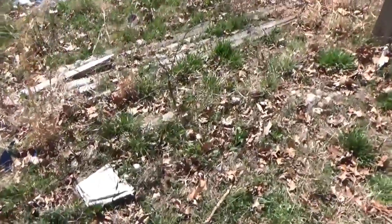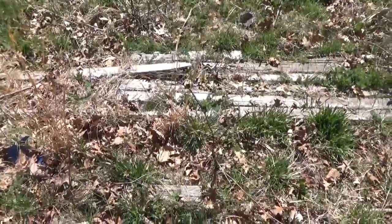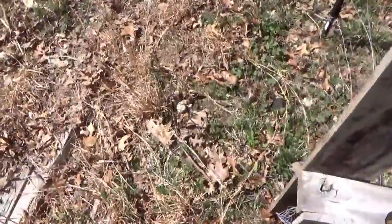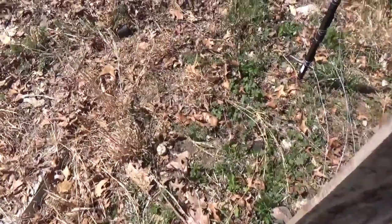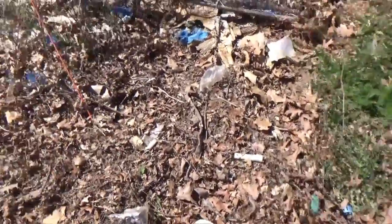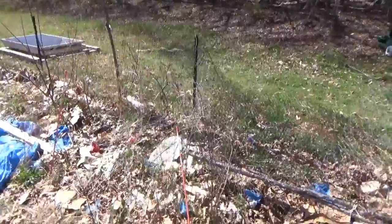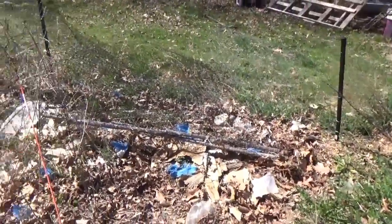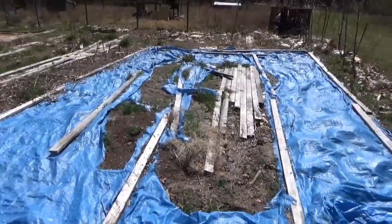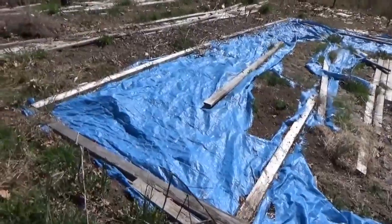I'm going to get some more stakes. I forgot them from my garden supply. There's a tiny little grape that never really did much. And then there's another grape over here that didn't grow very much. And there's a big one tangled in big time, so I've got to get that undone. All this tangled mess in the corner, and then all of this stuff is going to have to come out. It's going to be a lot of work this summer. A lot of work, but I'm gonna get it all cleaned up